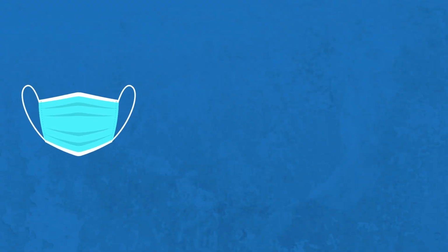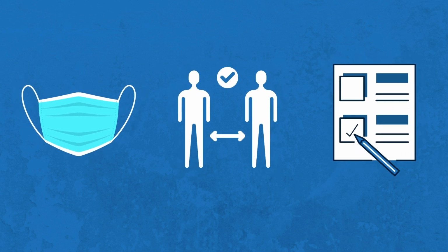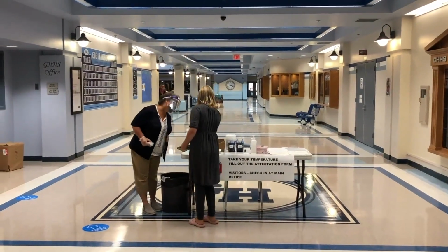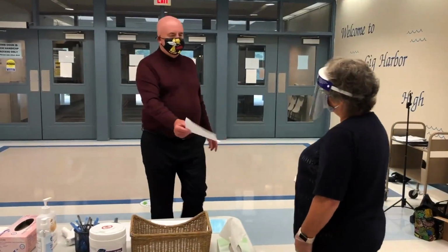We are excited to welcome more students back to school for in-person learning. Even though our local COVID-19 infection rates are falling and more people in our community are getting vaccinated, it is still critical that we continue to follow each of our safety protocols. These include wearing a mask, staying socially distanced from others, and completing a health check form each day before coming to school. Each student and staff member goes through a daily check-in process, which includes a temperature check and submitting